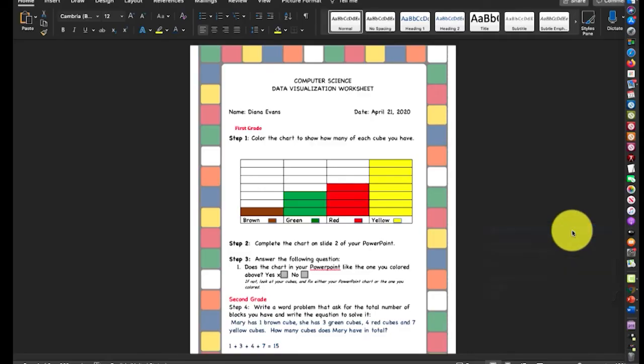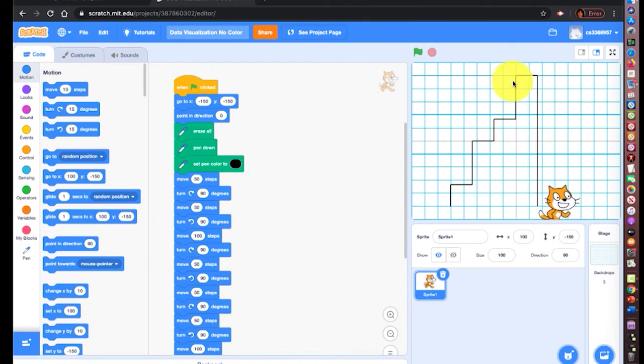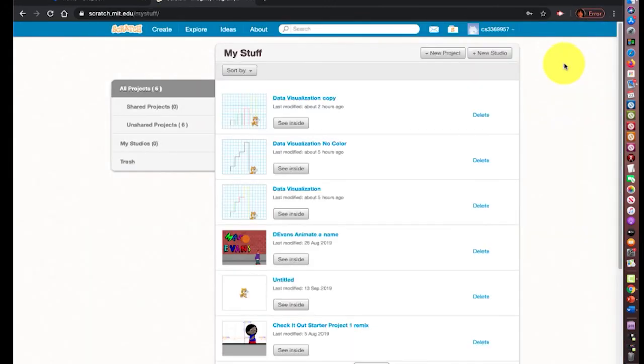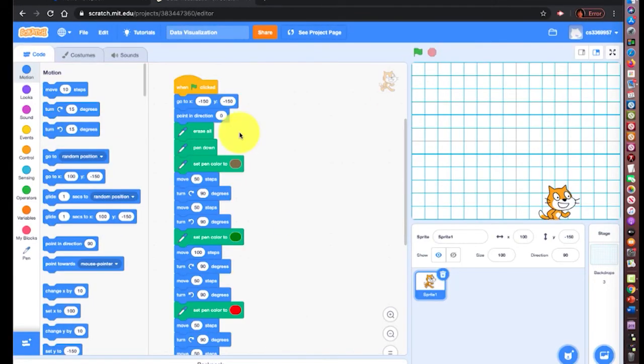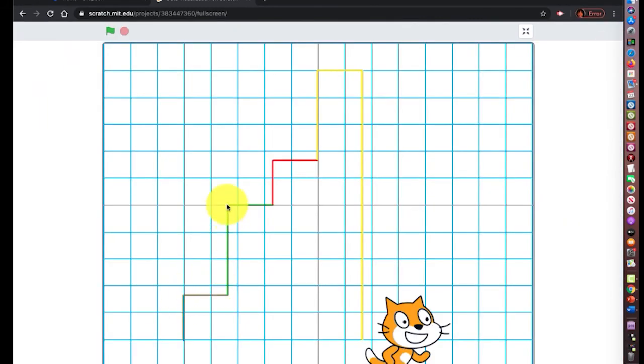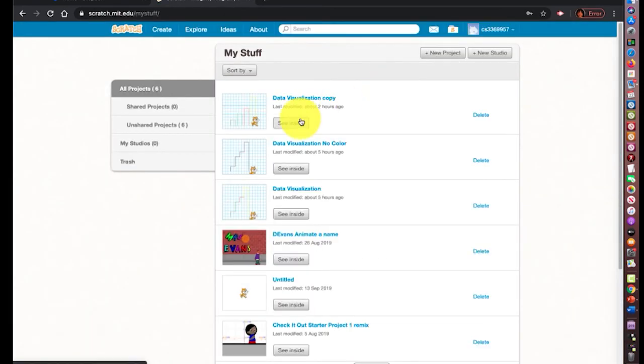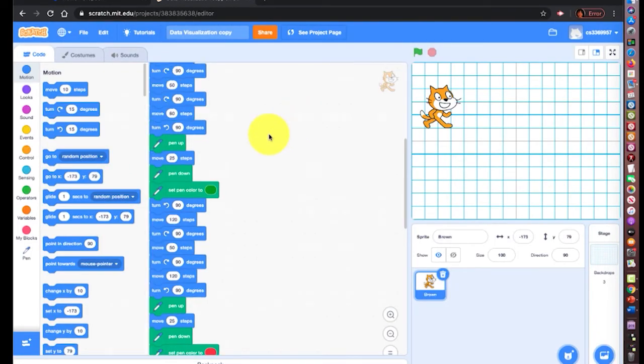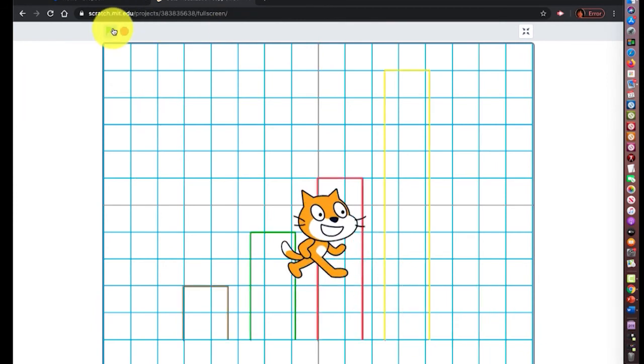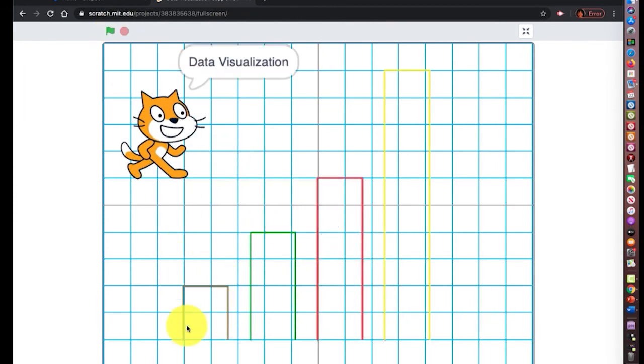And to give the students a little bit more of a challenge, we're just going to add our colors in. Same program as before, but now it's color coded. Now, if you really wanted to challenge the students, we created our bar chart, but I just separated it and I just added a caption. So just a basic Scratch program, nothing fancy, but it's just another way for students to be able to look at their data,